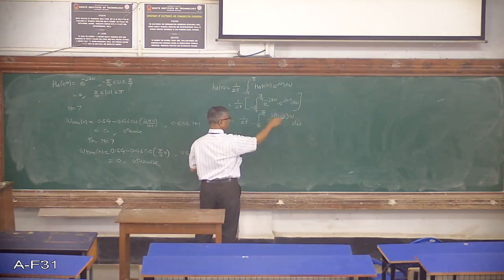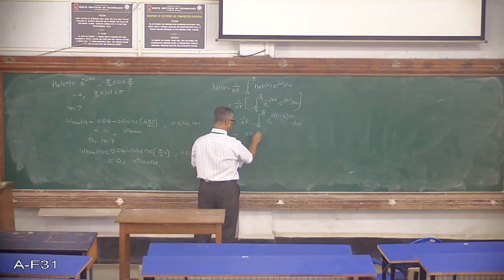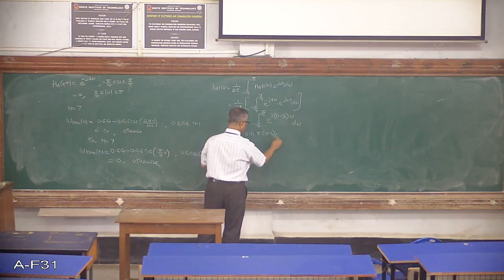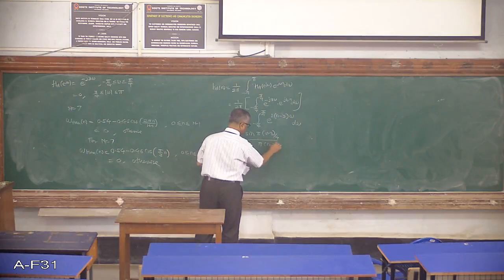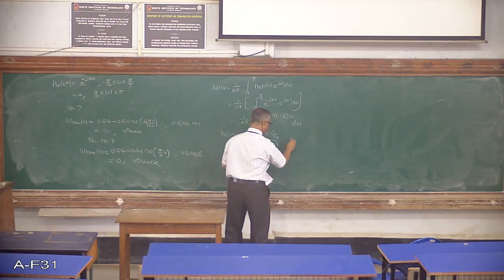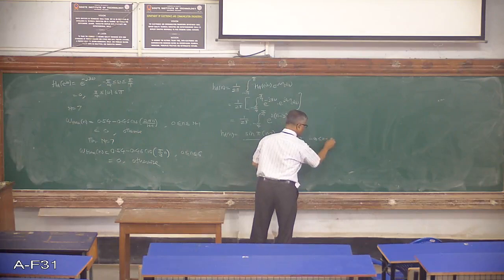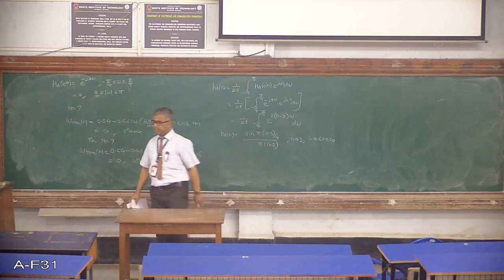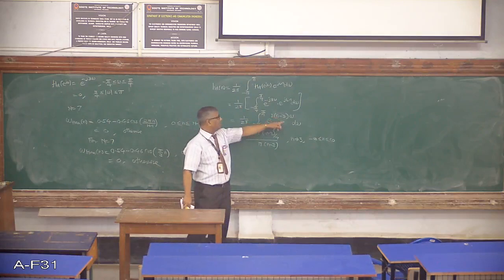Integrate this part, put the limits, and you should get this answer: sine of pi times n minus 3 divided by 4, divided by pi times n minus 3. This will be your HD of n. And again, as I told you, this is not defined at n equal to 3, but the impulse response exists for all values of n except n equal to 3. At n equal to 3, you need to evaluate the value separately using L'Hospital's rule, or directly you can substitute n equal to 3 and integrate.